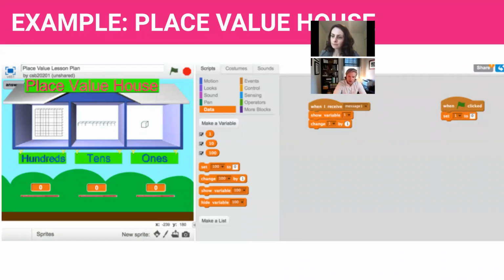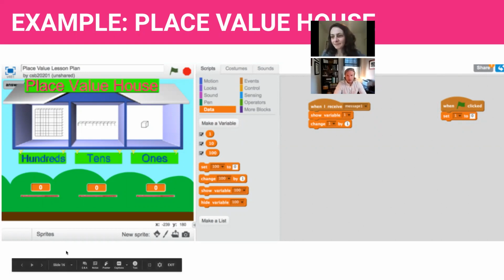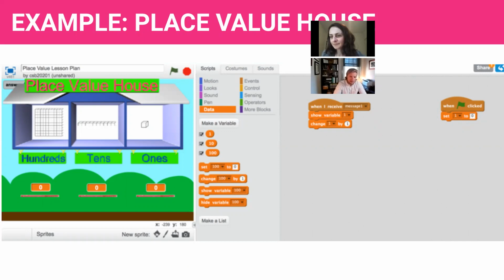One of my teachers created a place value house that they wanted their students to code. And within this place value house, if you have looked at place values, I know it's been a long time since we've actually tried to investigate place values, but once the 1's value reaches a value greater than 9, you will add 1 to your 10's place value. And once your 10's place value reaches a value greater than 9, you would also then add 1 to your 100's place value. And so this is really a conditional statement, and this is the connection that the teacher made,